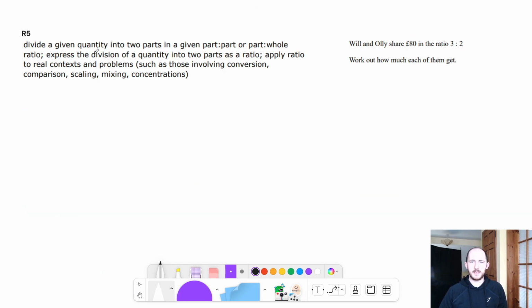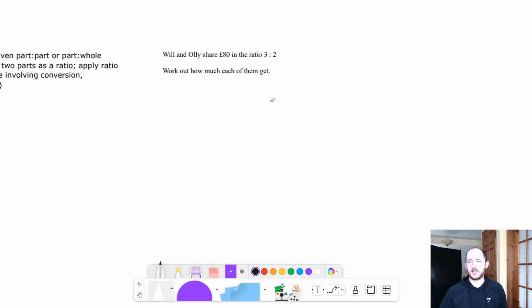You should be able to divide a given quantity into a ratio. So if Will and Ollie are sharing £80, how much will each of them get? There's a few different ways to do this. One of them is the bar model, where you assign squares to each of them. The way I prefer is, because it's another spec point anyway, so you may as well know it, that